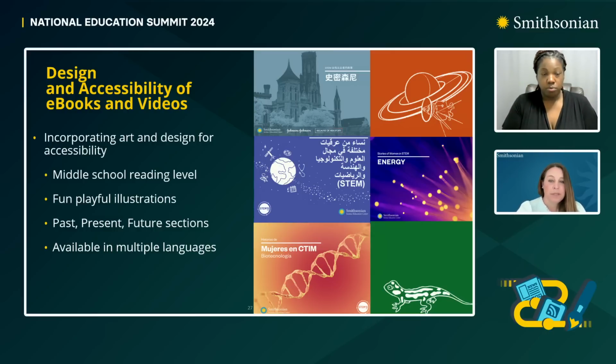Next, we add fun and playful illustrations. This is all Sofia. I love it so much. We have the biographies of each individual interviewee. She takes them and picks out a portion of their story and makes it an illustration for their story. So you can see a couple here. One is a woman who studies the microbiome of salamander skin. So you see a little salamander illustration. The other is a woman who worked on the Cassini spacecraft that studied Saturn and its rings. So you see an illustration of that as well.